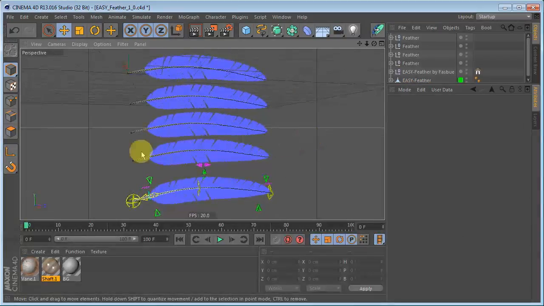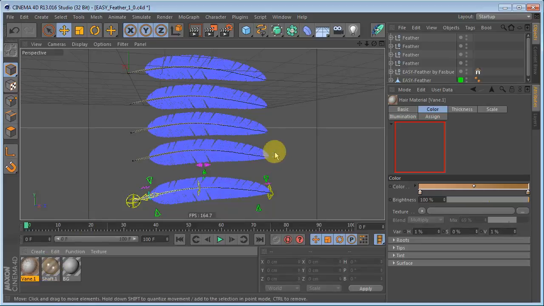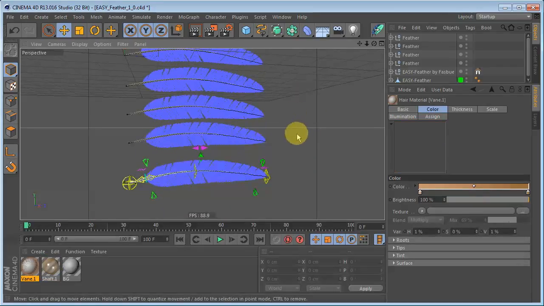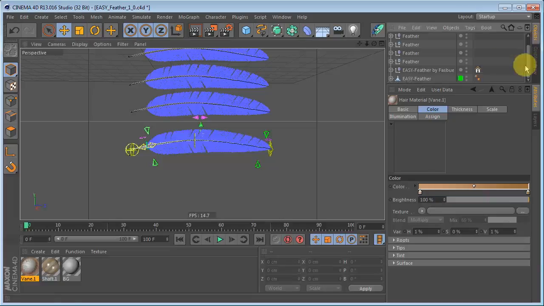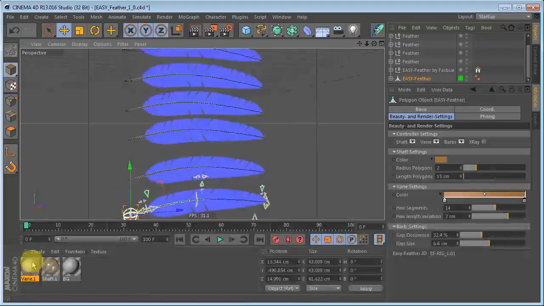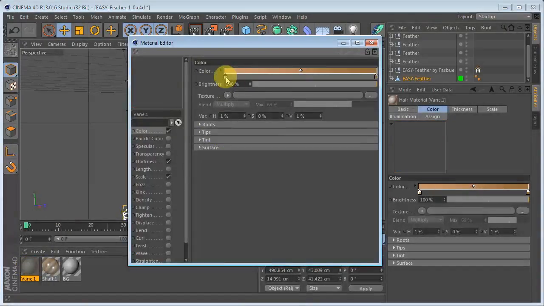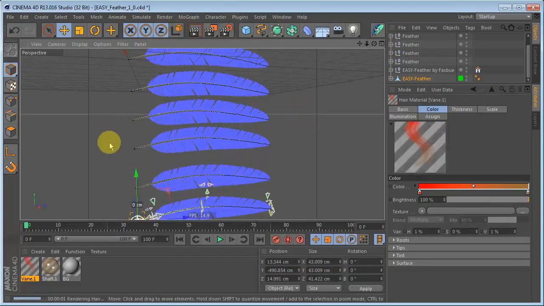So you have now control over the direct materials of the just built feather, and every feather you build after that will also get this material. So when you move along, and let's do something here, maybe red. You can see